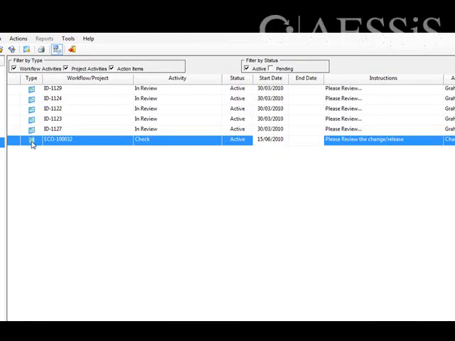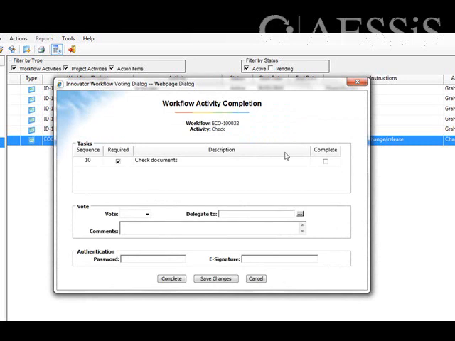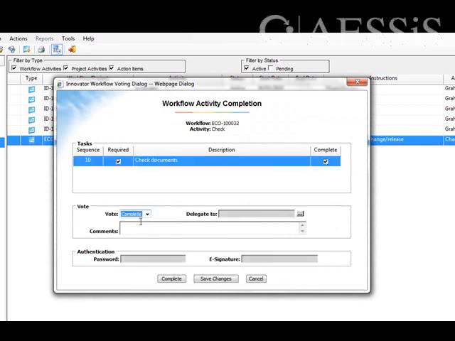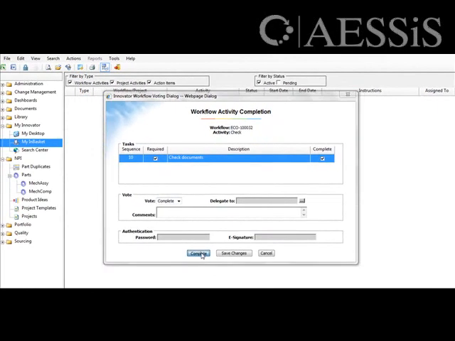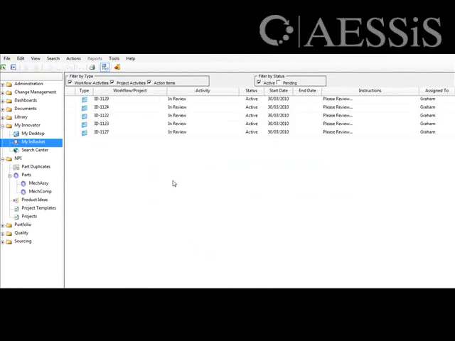And finally, having checked the documents, we're now going to vote complete, and the release is finished, and the engineering change has gone out of my in basket. So now going back to the part,